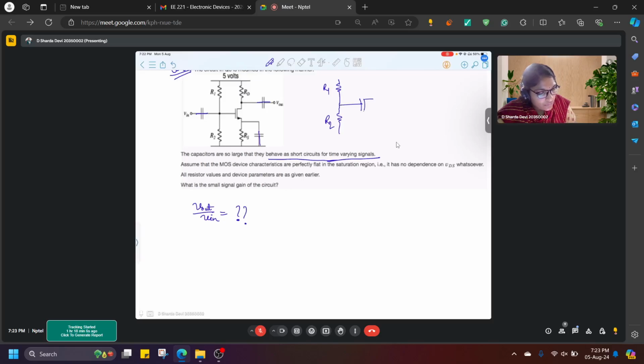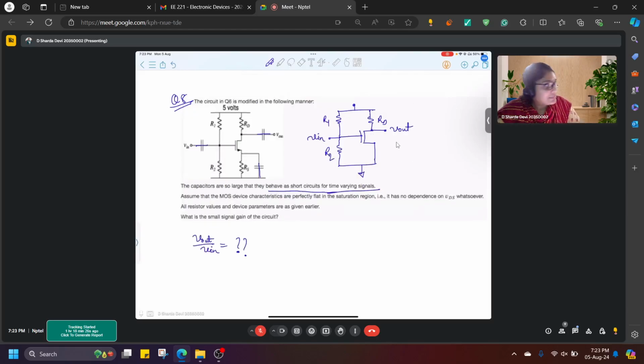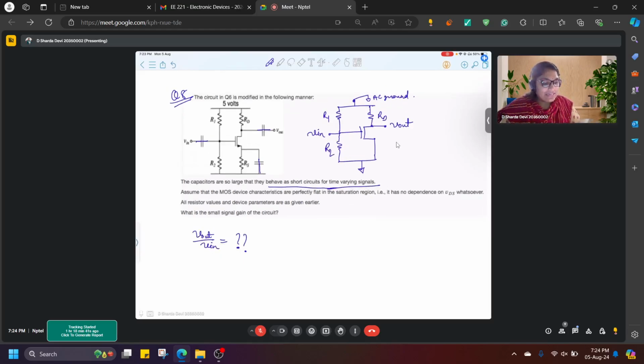R2, RD, and here we have Vout. From here we will get Vin. As I mentioned earlier, we will put this to AC ground while performing AC analysis. So since we are performing AC analysis, we will put that to ground,